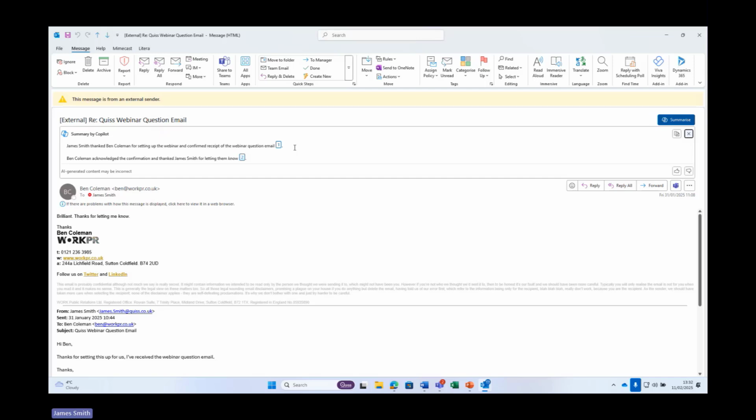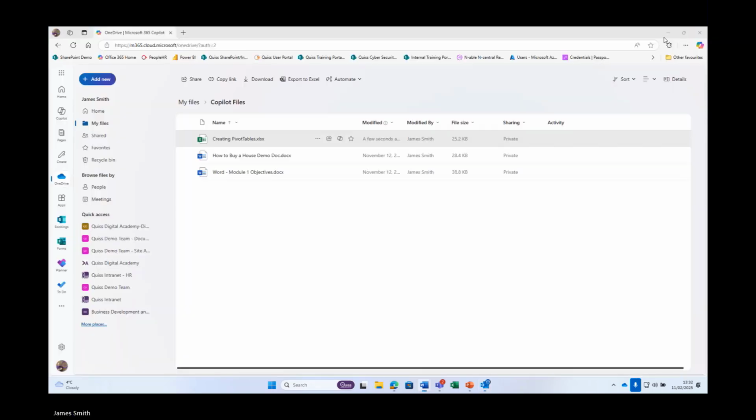said what. Has anybody agreed any particular dates? Has anybody said that they're going to get back to somebody by a particular date? And it will pick all of that sort of detail out within your message. Okay, so that's a quick overview of Word, Excel, PowerPoint, Outlook. Now we'll have a look at